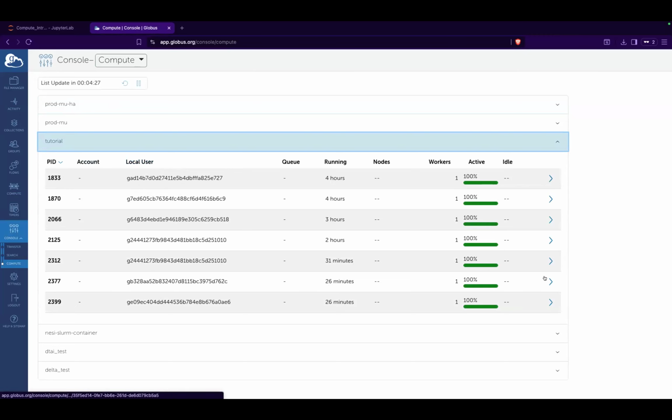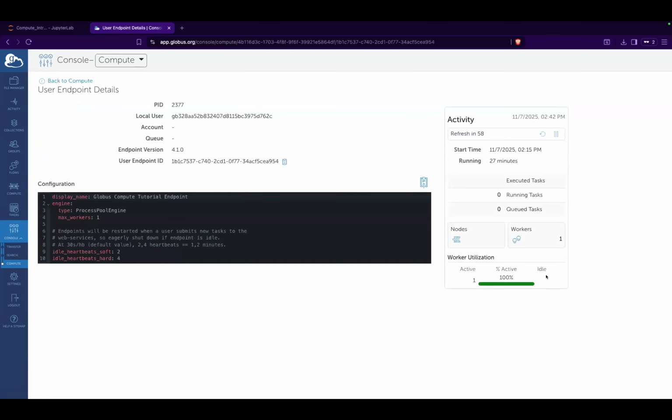And I can go into one of these. Let's go to a recent one. I can get some more information here. I can see how many workers are running and what the worker utilization is. If this was a large task, depending on your configuration, you might have many workers, many nodes. And I can see the configuration that was actually